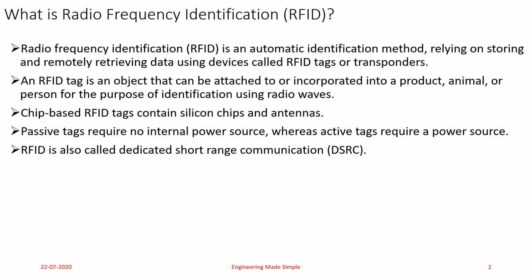Now next, if somebody asks you what is another name of RFID, or to write a short note on dedicated short range communication, what is DSRC? Dedicated short range communication is nothing but another name for RFID. So RFID and DSRC are the same thing, and DSRC stands for dedicated short range communication. By the name itself it is pretty clear that it is a type of short range communication for specific dedicated purposes, such as readings or identification purposes. That is why it is known as dedicated short range communication.